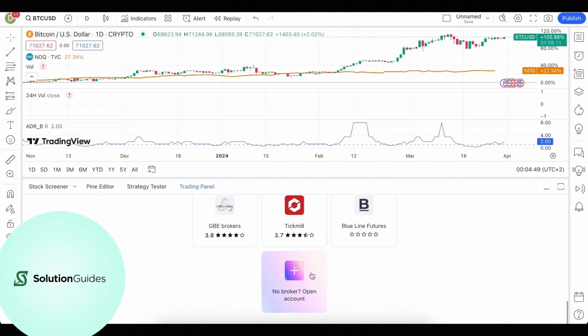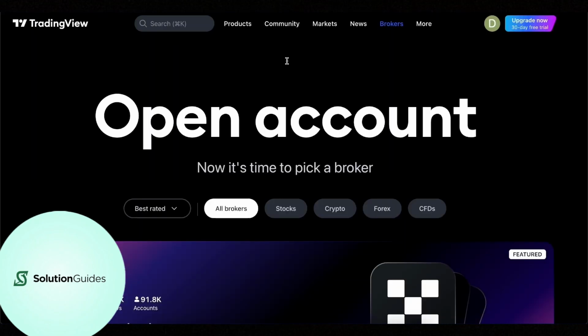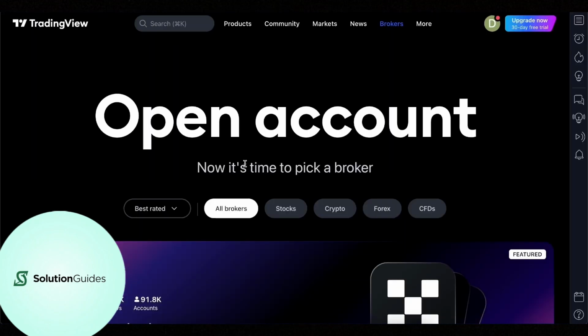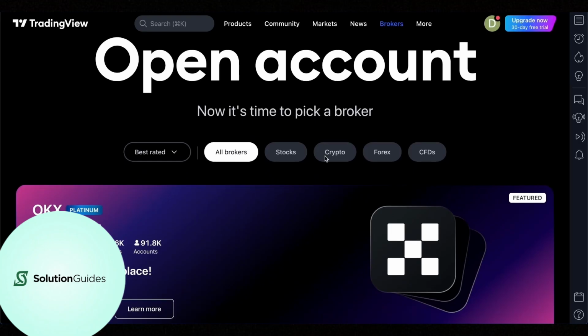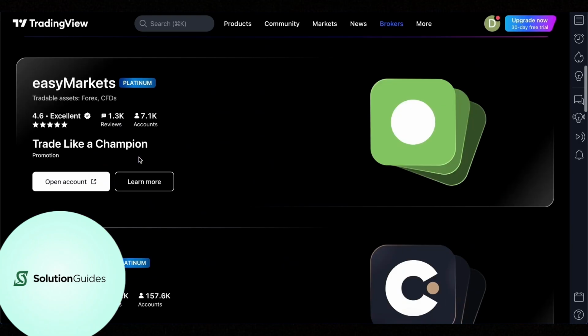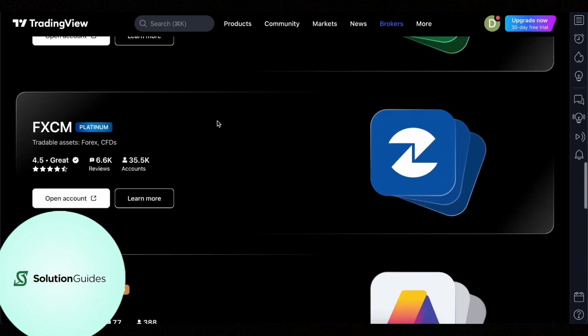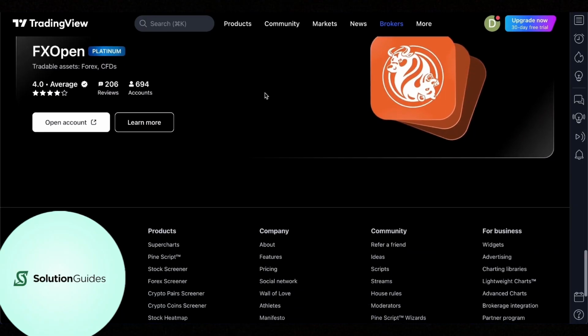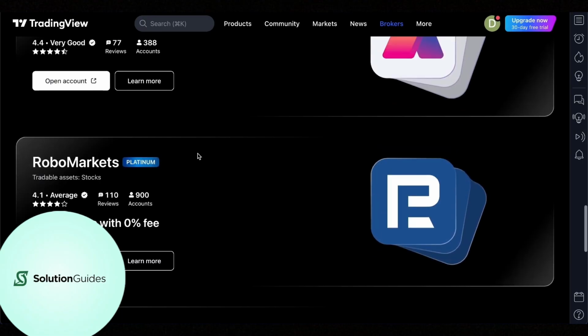Step 3 is to use Tradingview for charting and execution. After linking, you can execute trades directly through Tradingview. You can still use MT4 or MT5 for expert advisors like EAs and other features while benefiting from Tradingview's advanced charting tools. That's it. While direct MT4 and MT5 trading isn't available, using a supported broker lets you access Tradingview's